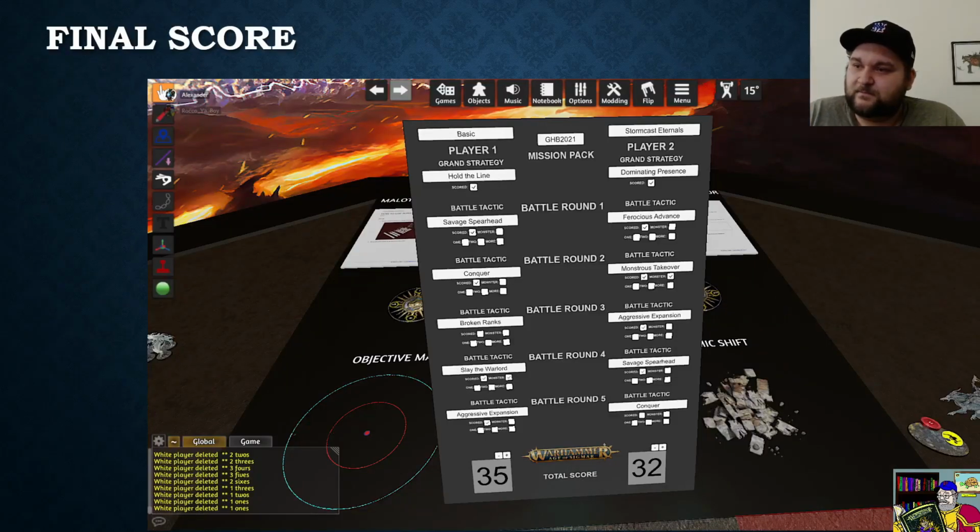Because his final battle tactic was Conquer, because it's one of those things that you just needed to do anyway, so why not go for it? And he failed it. But he definitely scored Dominating Presence for having more units on the table than me from his starting army versus my starting army. I got Hold the Line because my 30 block of Chainrasp Horde,